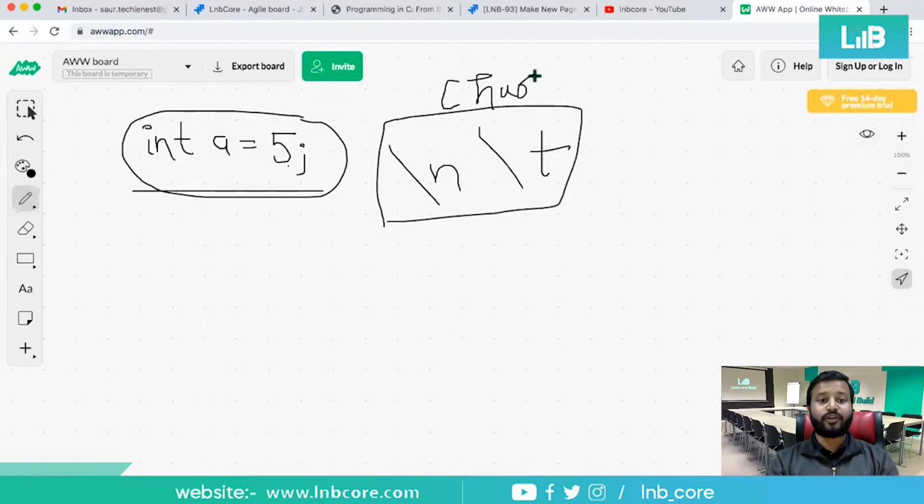We have numeric constants also. The C compiler will understand this specific symbol, or the combination of symbol and character together inside any statement, as a new line, right? So there is a shortcut for new line, and a shortcut for space, which equals the tab of your keyboard.